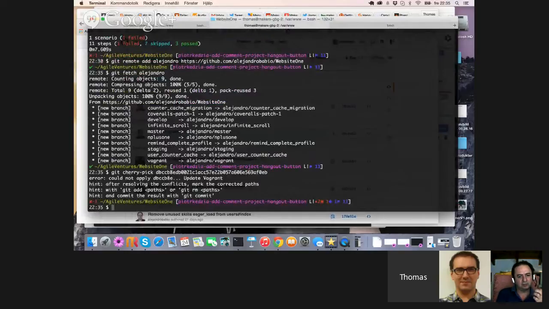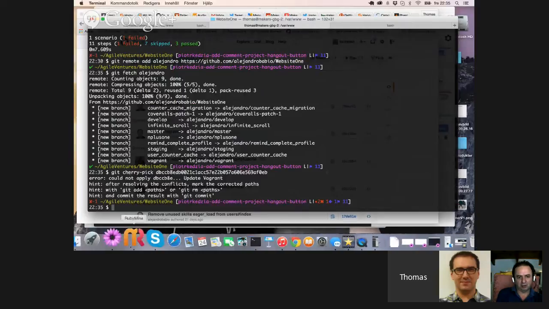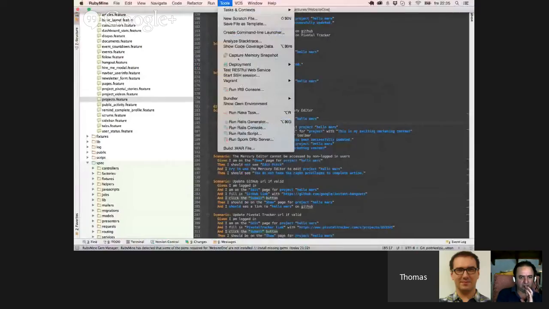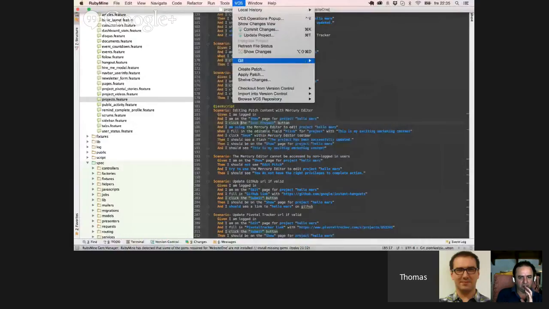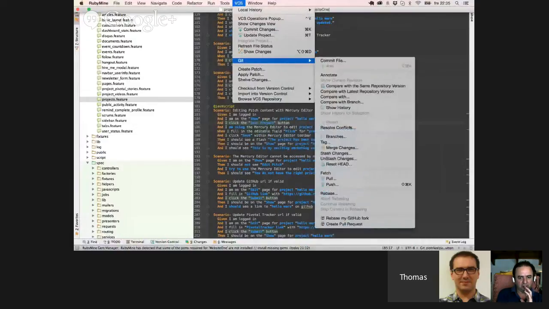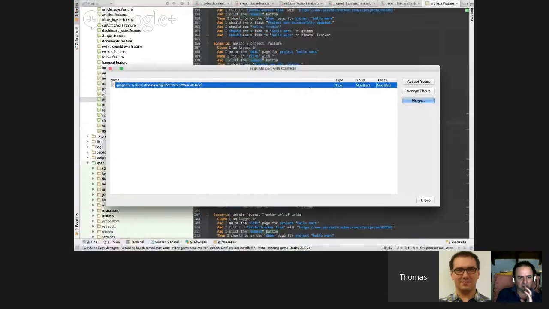After resolving the conflicts, mark the correct path with git add. Why not? Let's see. Where's that? Yes, there you are. Solve conflicts. Git ignore, except theirs.